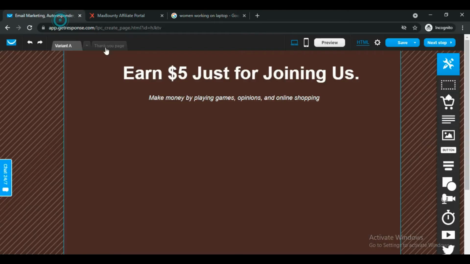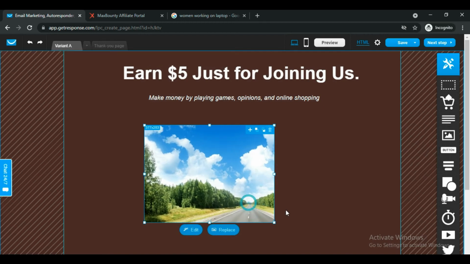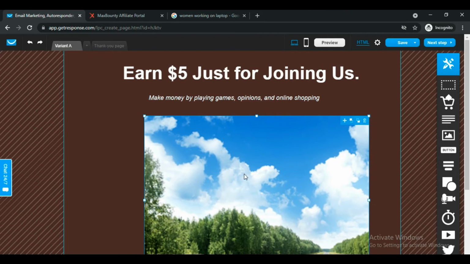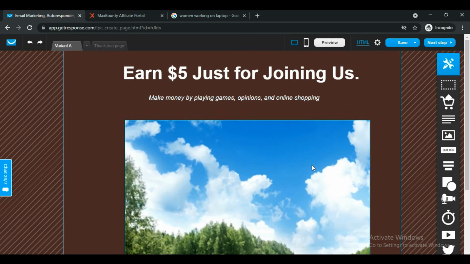Once you have saved the image, the next step is that we have to add the image over here. To do that, you have to simply click on this image button over here. You have to simply drag it and then leave it, and you can expand it if you want, make it big or whatever size you want. Let's just make it bigger.